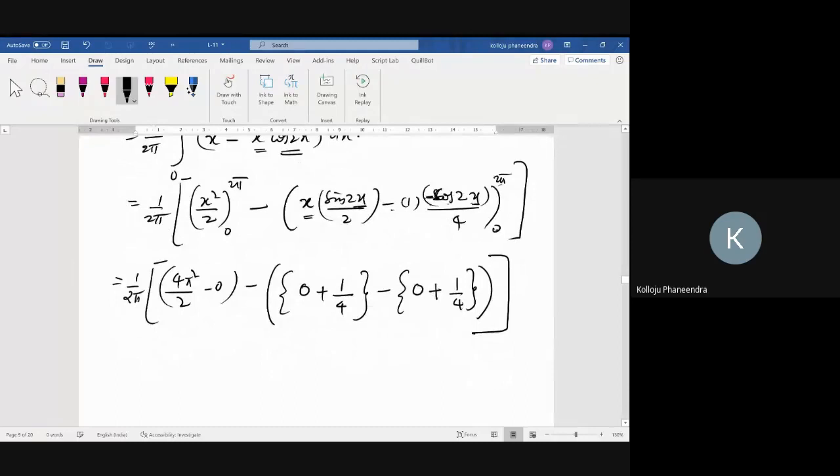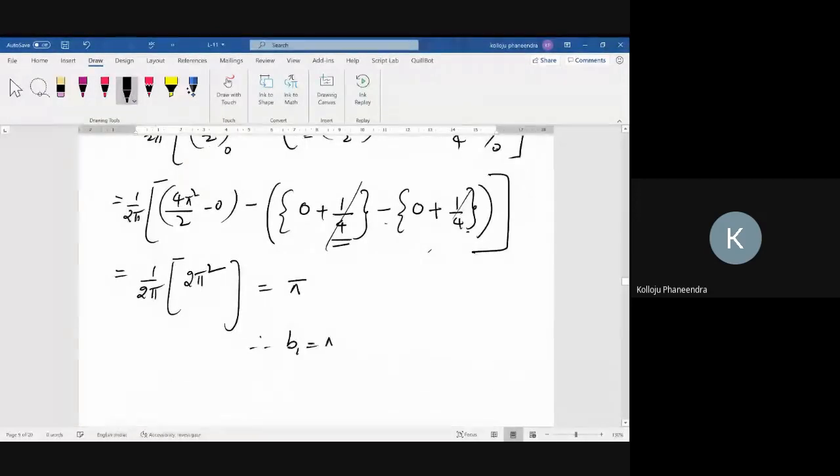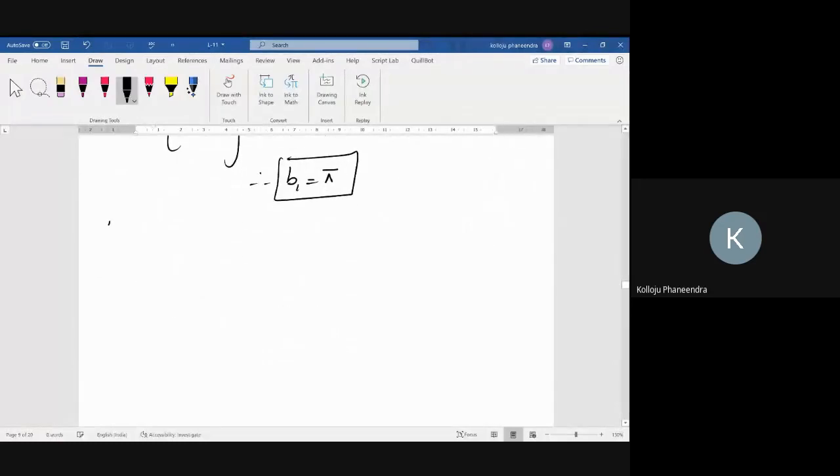Brackets are important. Now what is this? 1 by 2 pi, this is 2 pi square. And this is plus 1 by 4 and this is minus 1 by 4, that is 0. These two get cancelled, that is 0. So the answer is what? Pi. Therefore, the b1 value is pi. So finally, the Fourier series